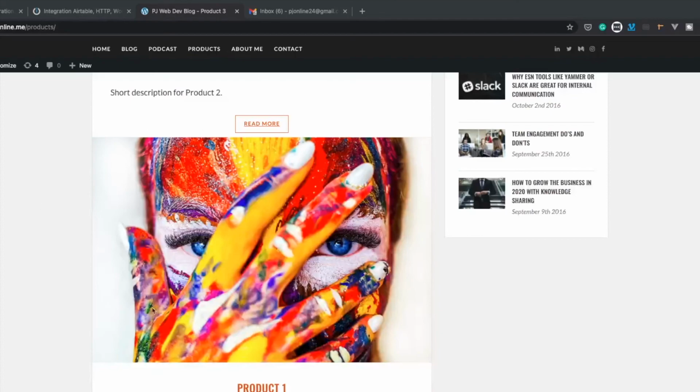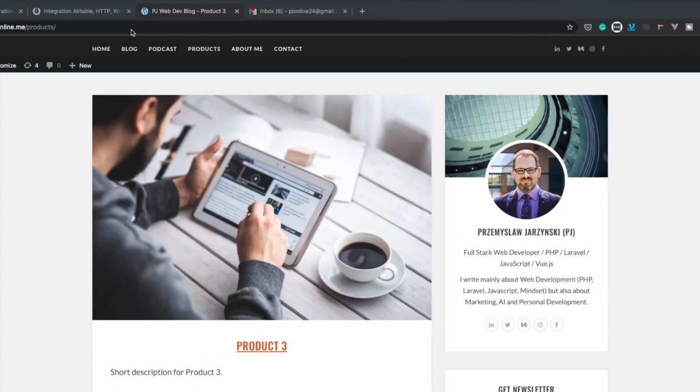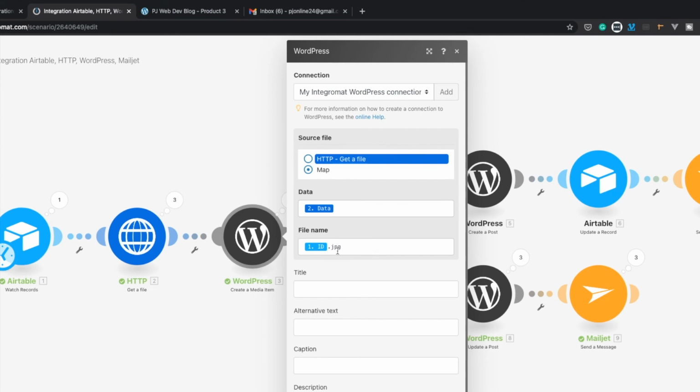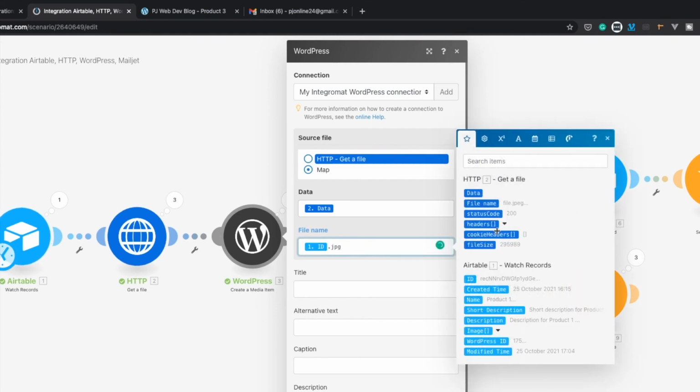Okay, so this is a quick update to the issue with images we had with WordPress, and as you can see, I now have correct images. And the issue was that in Integromat, we had the file name from the HTTP module, but unfortunately the file name is always the same, which is file.jpg. And that's why each file uploaded to WordPress was overwritten,